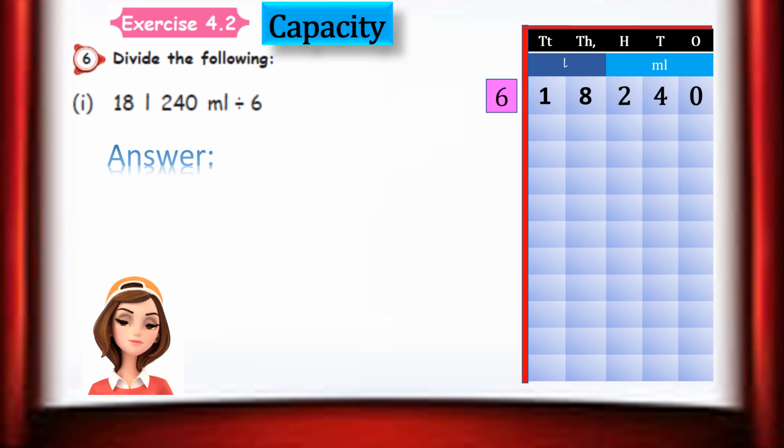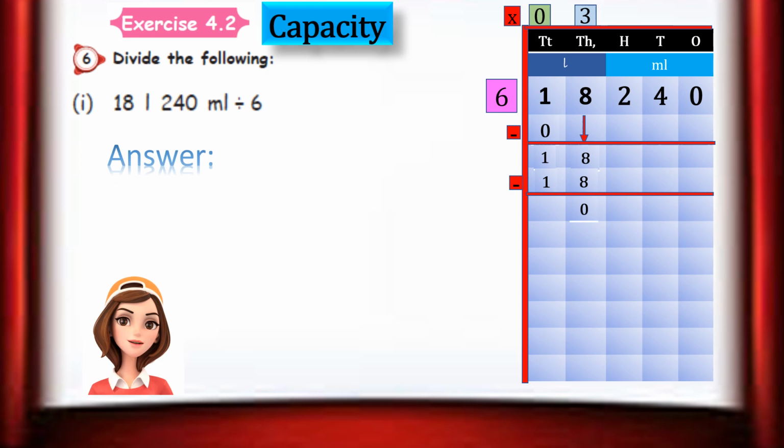Now let us select the first digit. 1 is the first digit, but in the 6 times table we don't have 1 as an answer. Am I right? Yes. So 6 ones are 6, which would go too high, so let us take 0. That is 6 zeros are 0. Now we need to subtract, isn't it? So 1 minus 0, 1 is the answer. Then bring down the 8. Now we have 18. So 6 threes are 18 is the answer here. 18 minus 18, 0. Fine.